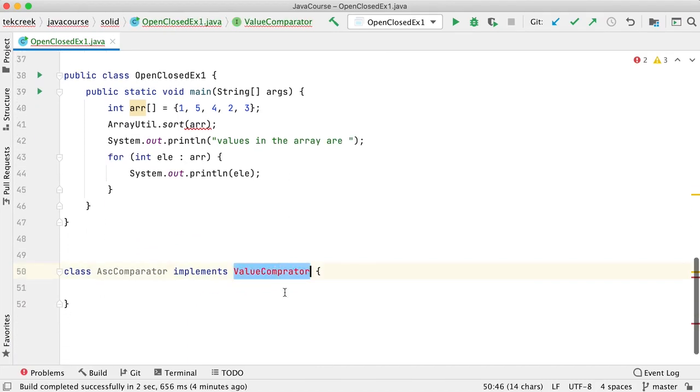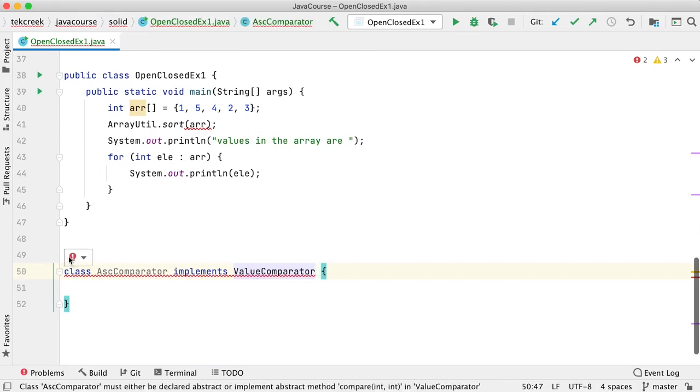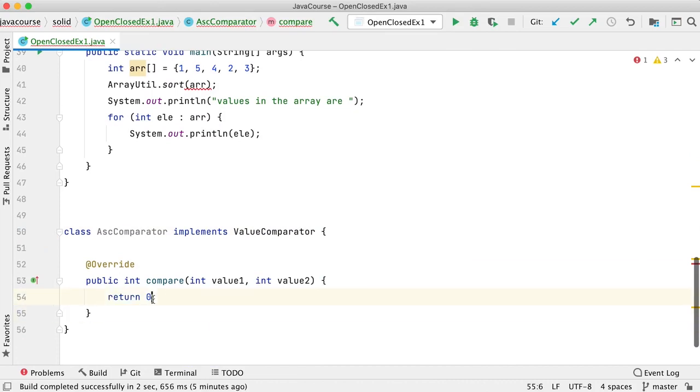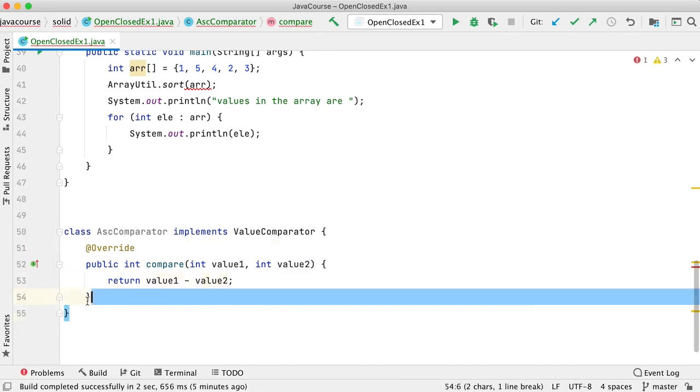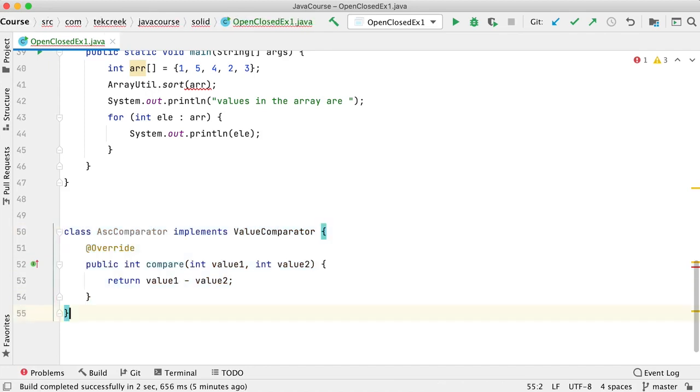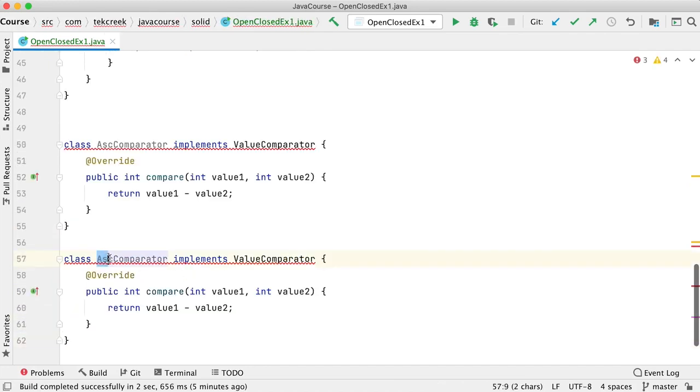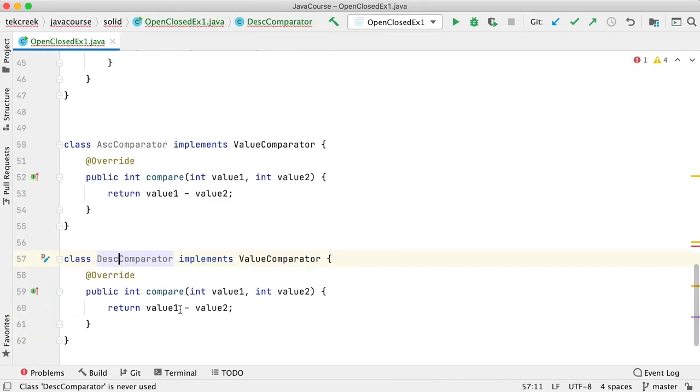My goal is sorting the elements in ascending order, so I simply implement the comparator logic and say value1 minus value2. That's it, this is my comparator. If somebody wants descending order, they will simply write a descending comparator, and they will use value2 minus value1.